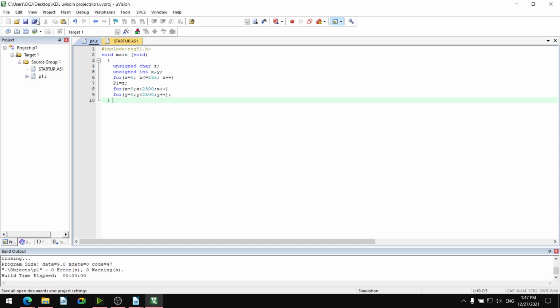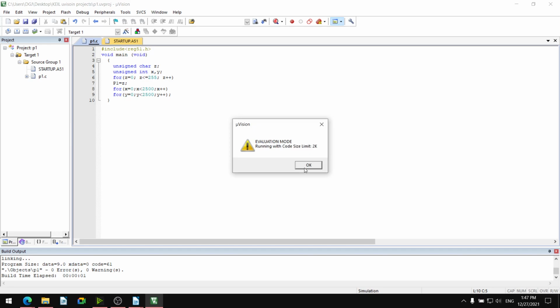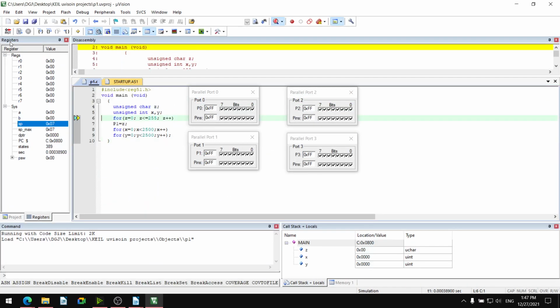So I will save it, build it, and have the debug session and will run it. Still it is running very fast.